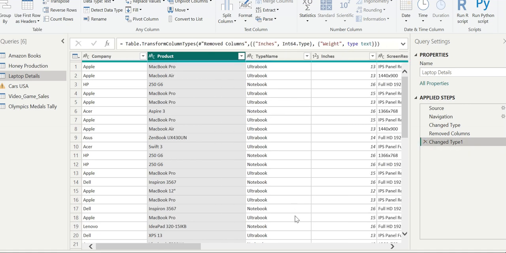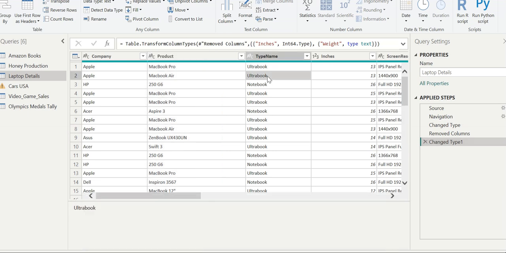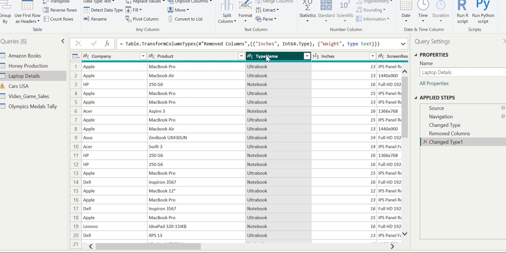So where is the type name? Okay, now we can apply some transformation on type name. You want to apply some case conversion here. So let's say we want everything in uppercase here. So what we will do, we will go to the transform menu and we will go to the format. We will see here are a number of options in which you can convert your format.